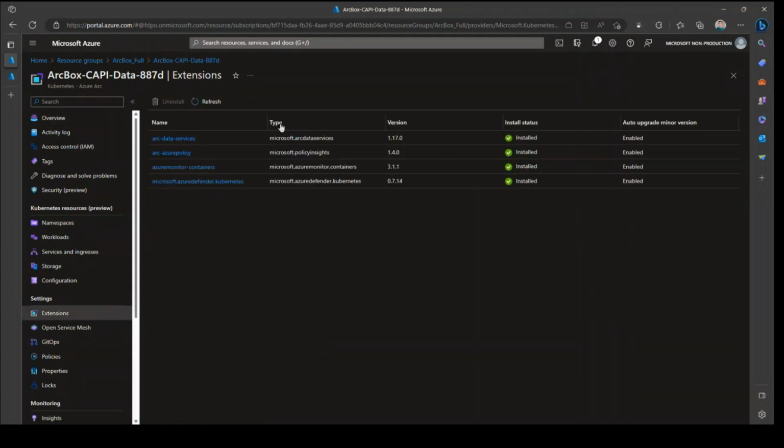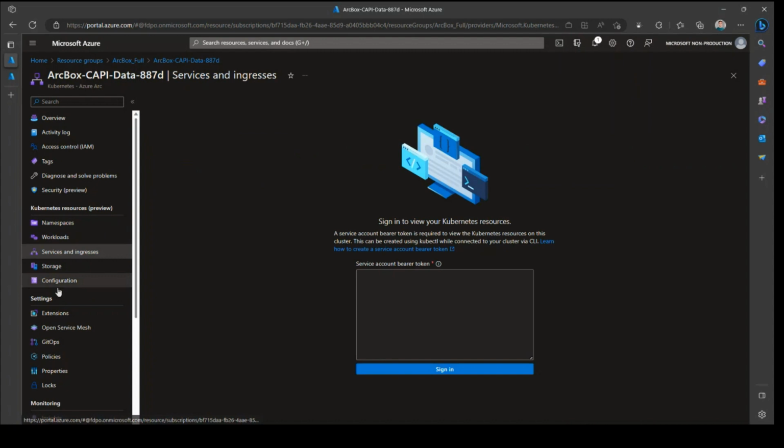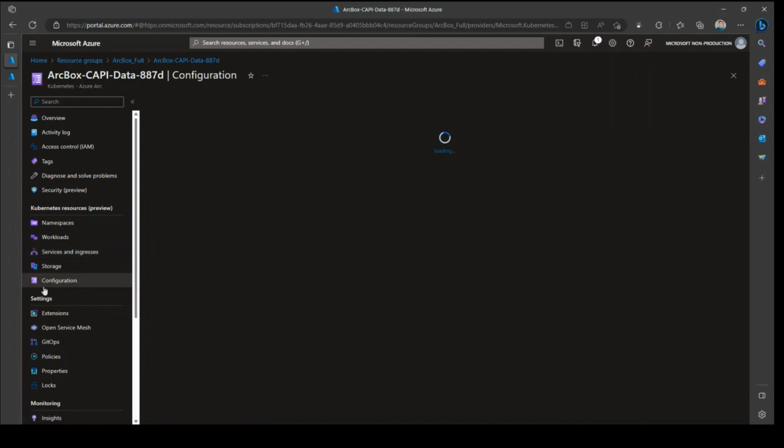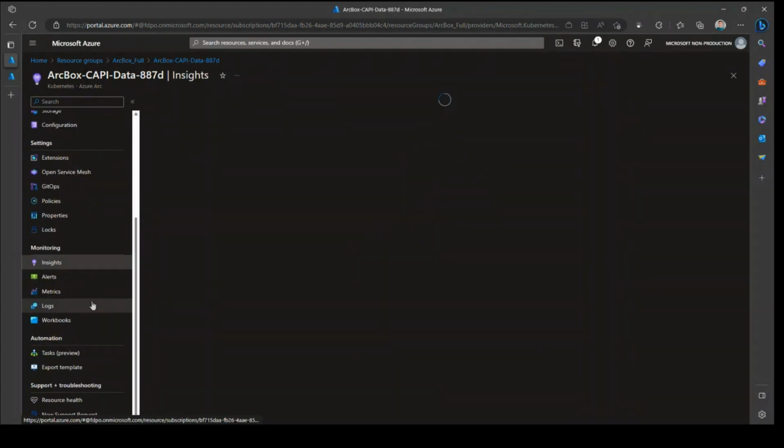You can have these extensions deployed directly from here without needing to open an inbound port. And there is another thing like resource bridge, that's a kind of small deployment. Once you do that, you can even manage or see many of the workloads that are running on the cluster. You can look at or manage the services and ingress, storage, and a bunch of configurations around that as well. You'll get cluster insights over here once you onboard that